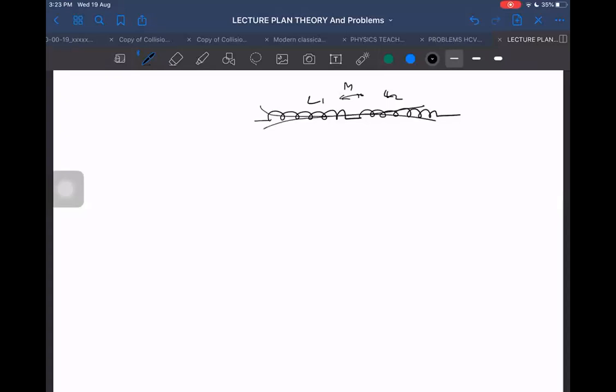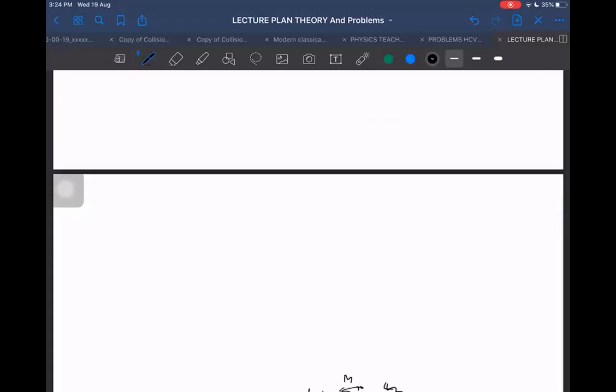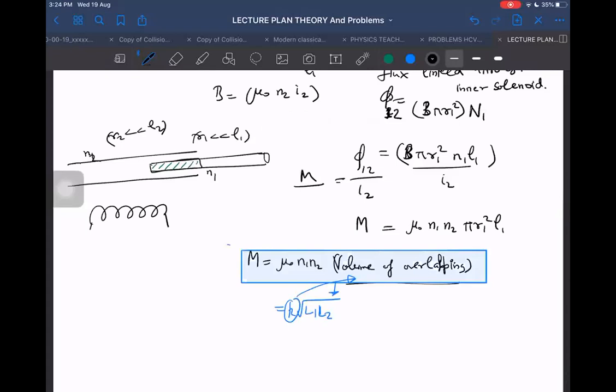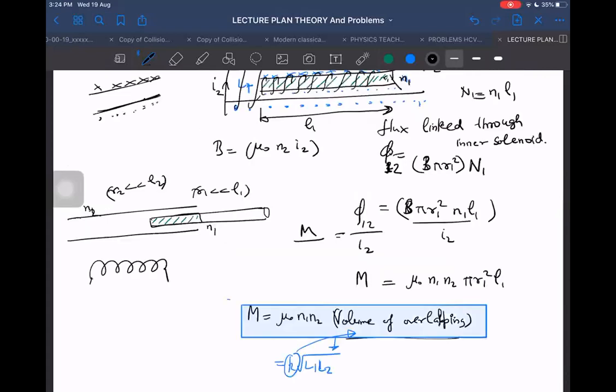See, first of all, understand one thing: the magnetic flux can still pass through it. You know that or not? Magnetic flux can still pass through the other solenoid even if there is no overlapping volume. So what I said is valid only under certain conditions. Here I am neglecting the flux in this outer region, because I am assuming that most of the flux is only in the overlapping part. But it is true that some flux may be in this part also. Wait a second. I think this is a serious issue. Is it negligible or should I take it into account? I have to think about that.